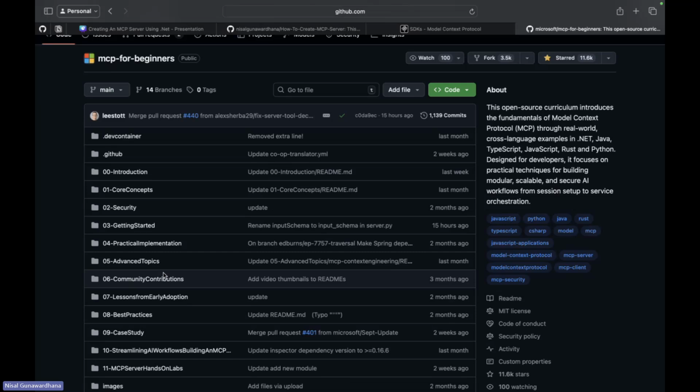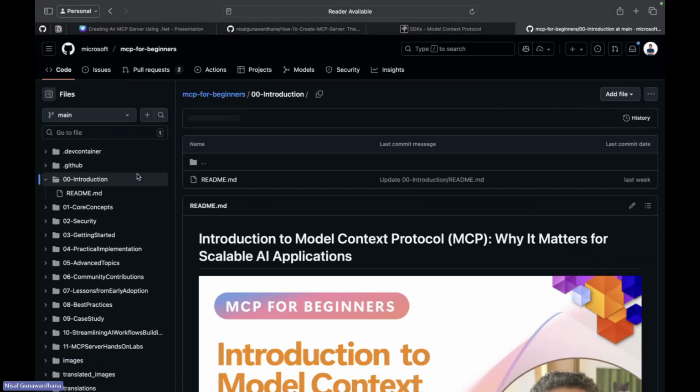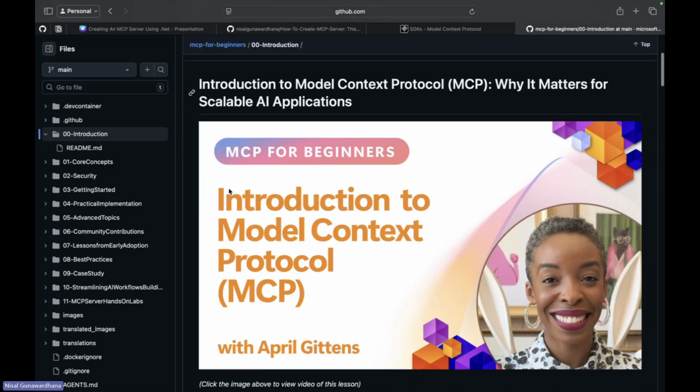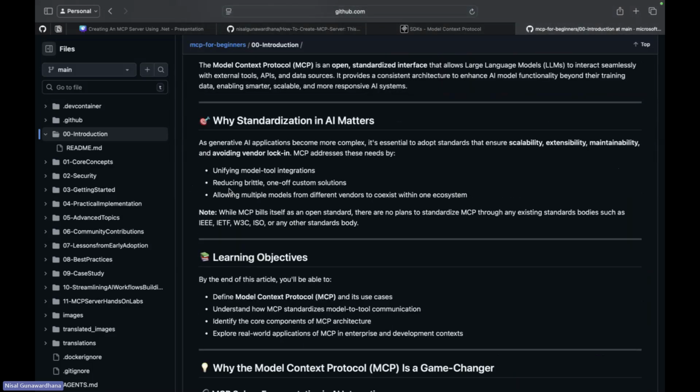This is a very amazing repository. Let me quickly go through it. I move to the first directory, introductions, where we can see nice explanations and introductions about MCP, right?